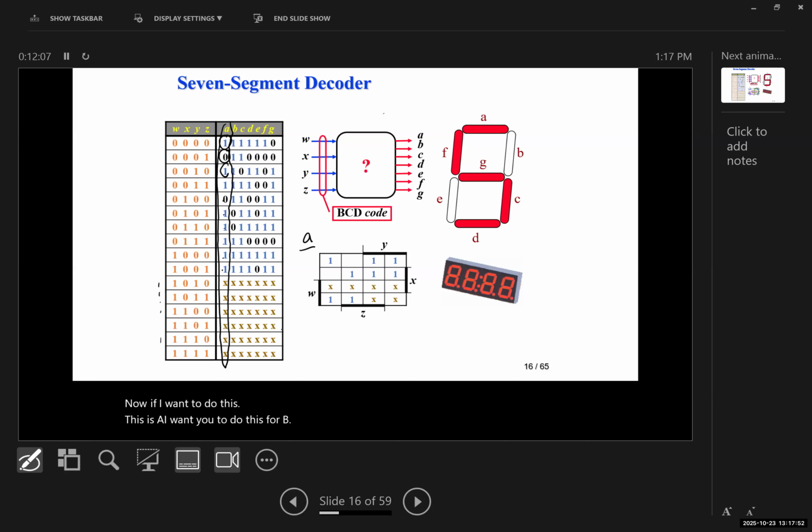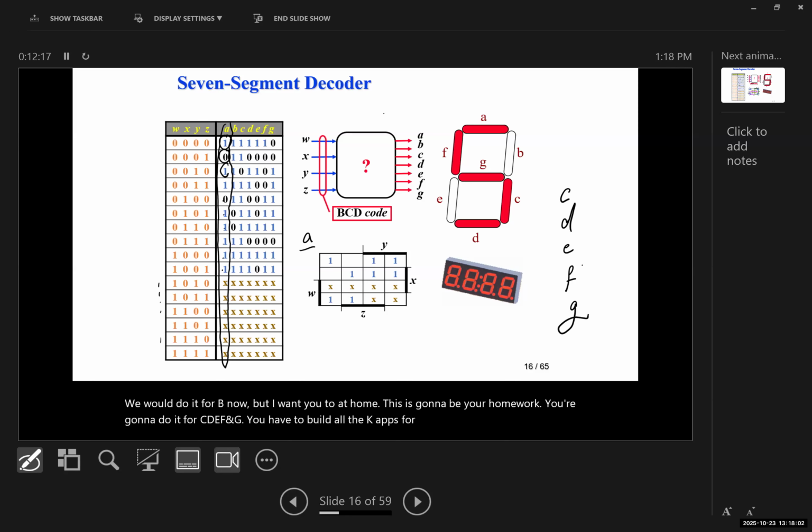We would do it for B now, but I want you to, at home, this is going to be your homework. You're going to do it for C, D, E, F, and G. You have to build all the K-maps for them. Now for A, if we want to do it,